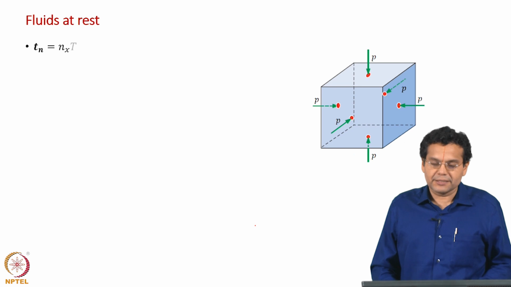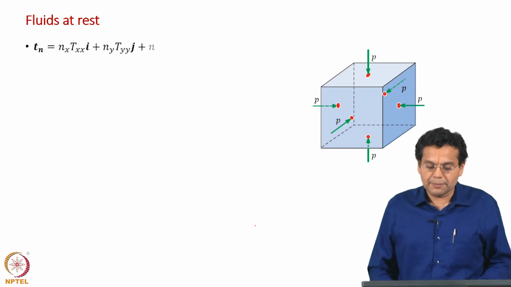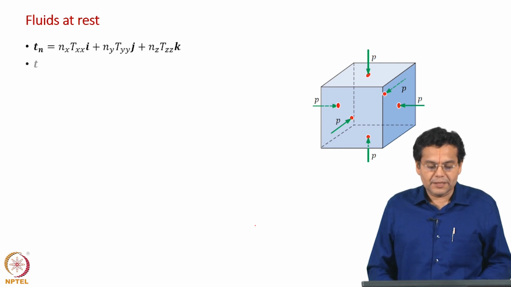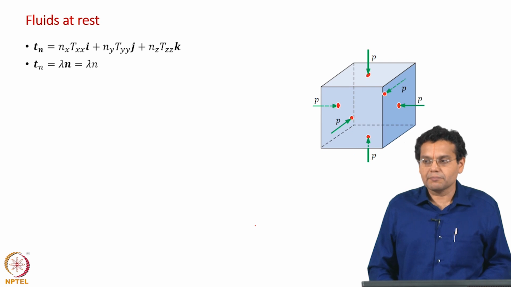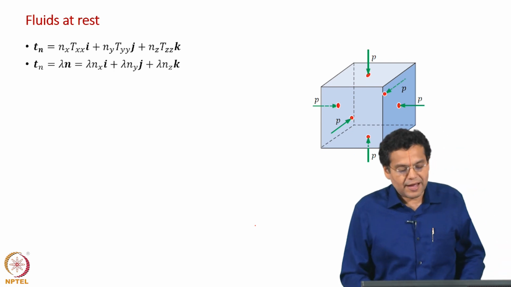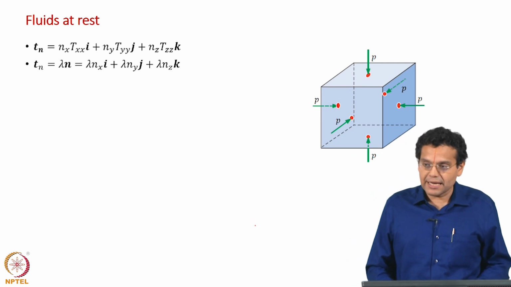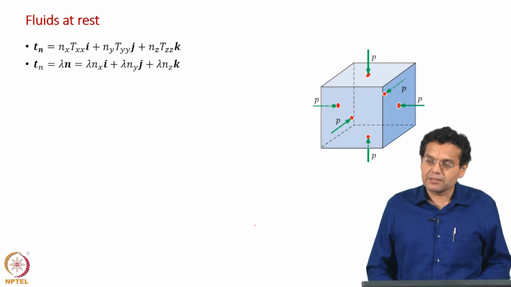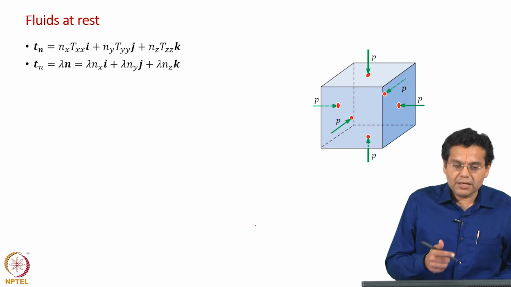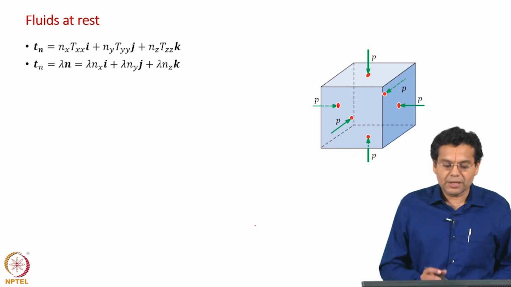That is the first expression. Please note the same experimental observation, same property of fluids. This first equation is based on the fact that the stress tensor becomes diagonal. The second is based on the fact that the stress vector becomes parallel to the normal vector. Now, component-wise they should be equal to each other.